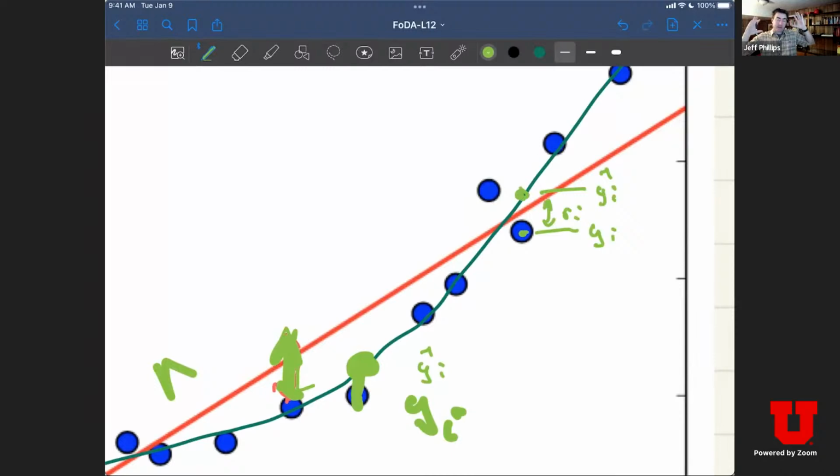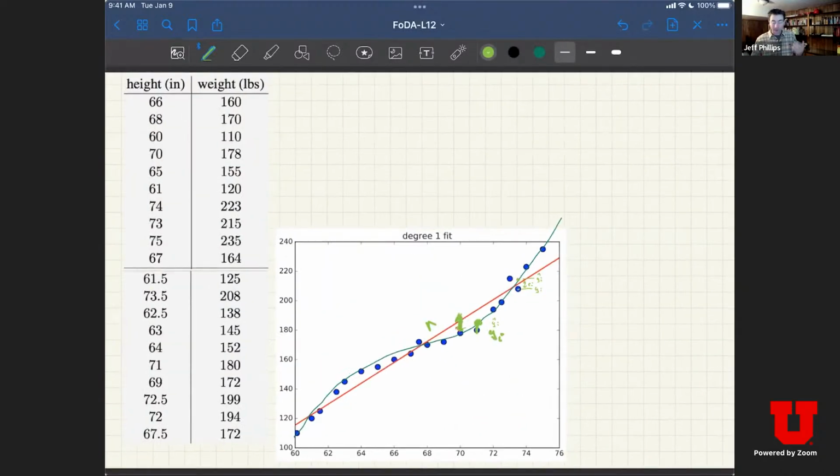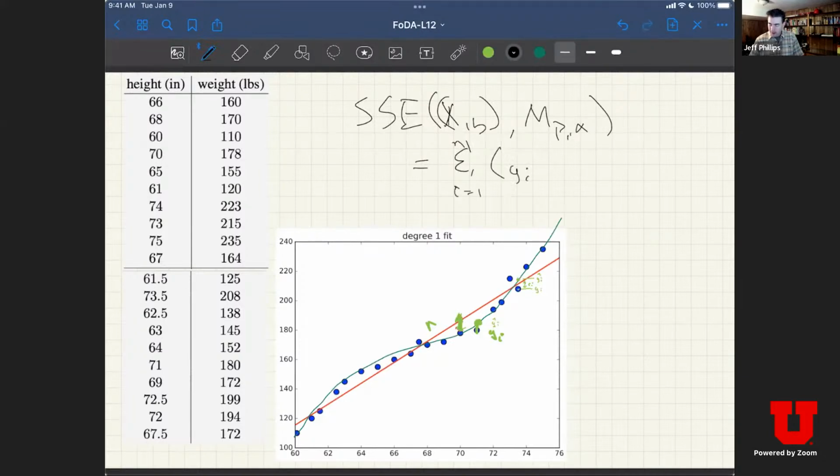I'm just measuring the distance in the y direction, so I can write down the sum of the squared errors of x, y, and some model M_p alpha. This is again the sum from i equals 1 to n of the true y_i minus M_p alpha of x_i, squared. So this difference right here